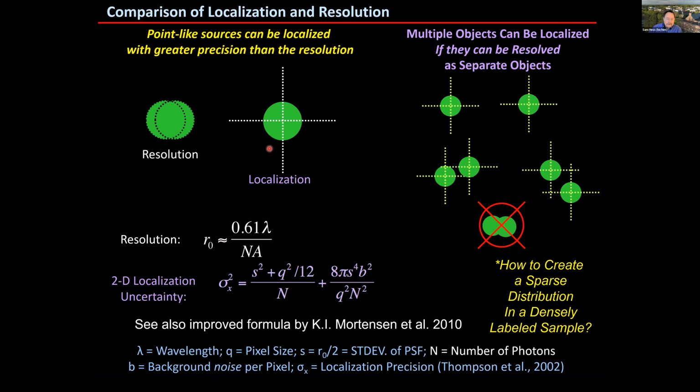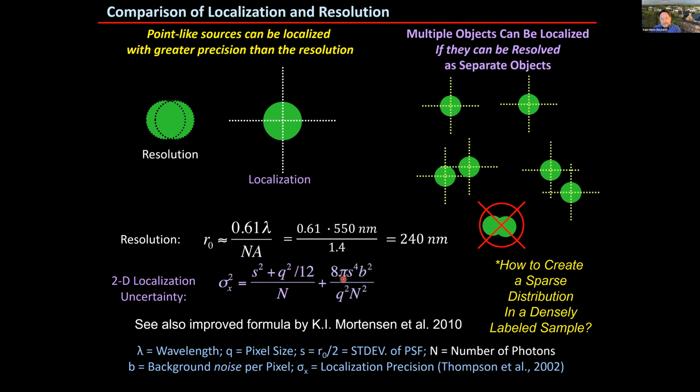That's called localization. And a friend of mine, Russ Thompson, and another friend, Dan Larson, were working on this localization paper in the web group at the same time I was there, and saw that molecules could be found and localized with an error squared given by this expression, meaning that if the molecule is well separated from others, you can use the image of the molecule to find its location, plus or minus this sigma x, which depends on the standard deviation of the point spread function, the number of photons detected, the pixel size in the camera, and the background noise B.